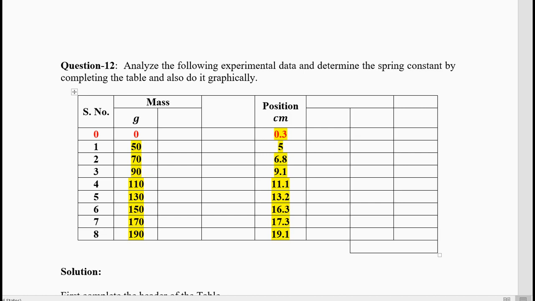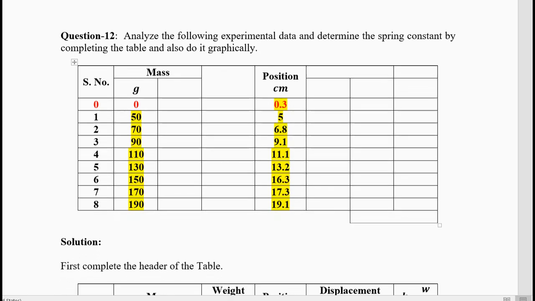But it is not always the case. It is 0.3 centimeters. The units are given here. Without hanging the mass, the pointer is pointing at 0.3 centimeters. Just imagine your car speedometer, the analog speedometer. The needle is a little bent. It will not show 0 kilometers when the car stops. It is parked the full night, but it will show 1 or 2 kilometers per hour. So that is a small error, and this error we have to take care of in all the data, in all the calculations. I will show you how you do it.